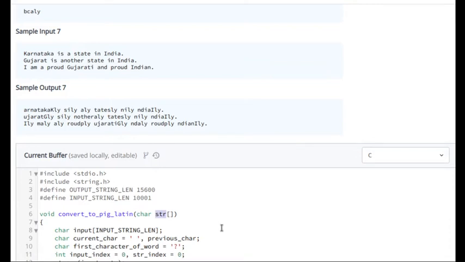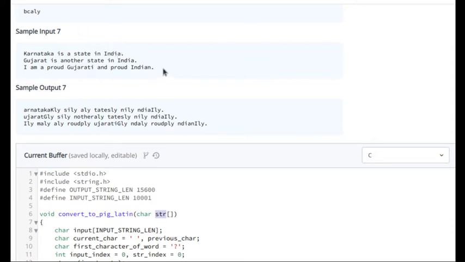So if str is pointing to, let's say, memory 1000, we will store our input starting from the 1000th byte, and when this function ends, we expect that starting from the same address, it stores the output. That is what convert to Pig Latin will do.